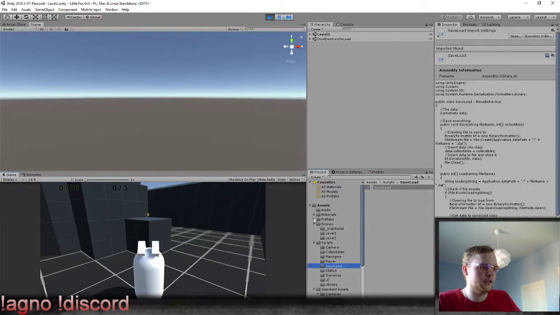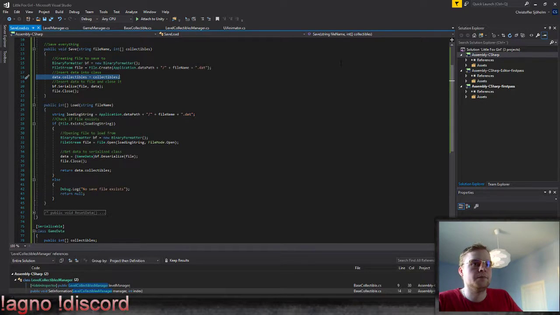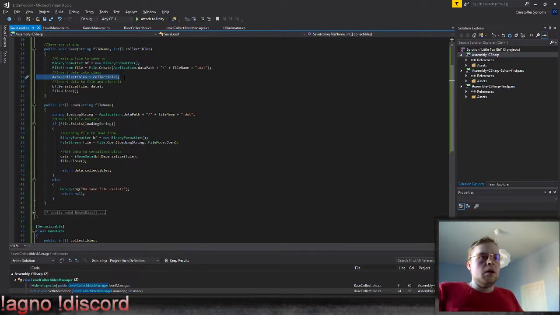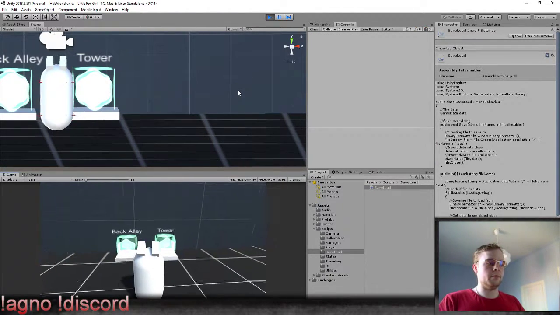No save file exists. Okay. That we already knew, but okay. So if we jump into this. Null reference exception. Yes! So something. It's either because I haven't assigned a collectible to anything and it breaks there, or